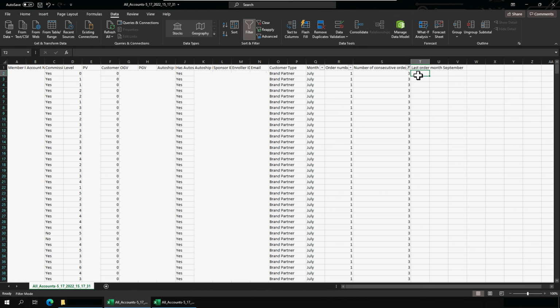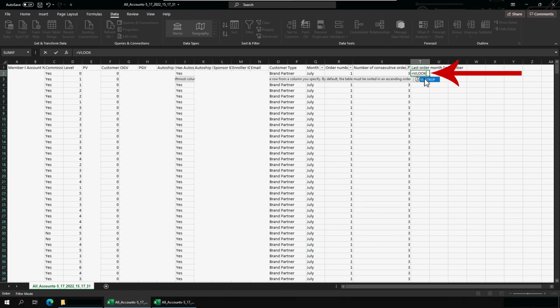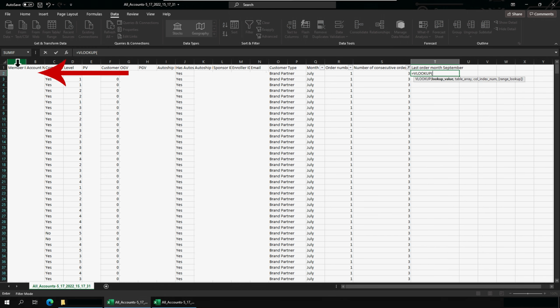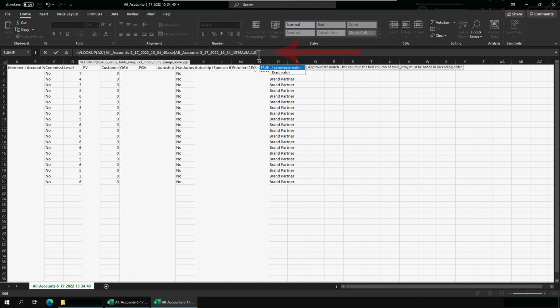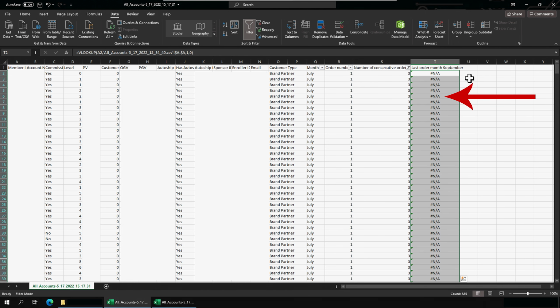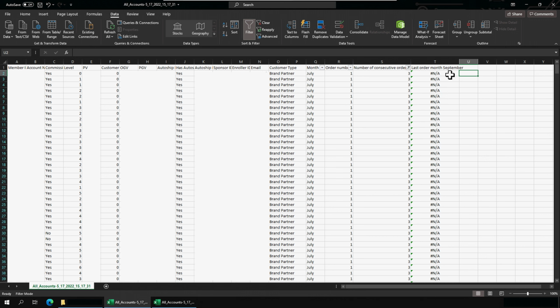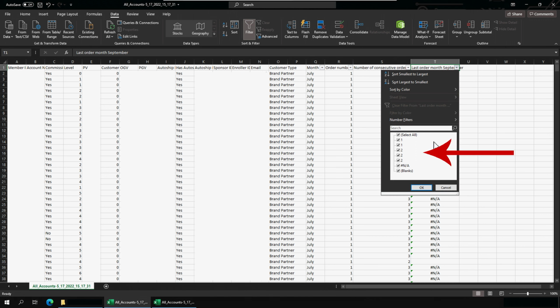You can do this as follows. In the column Last Order Month September, in the first cell you add equals VLOOKUP. Click on the member ID in the first cell of the member ID column, then highlight the entire member ID column on the report you downloaded for those whose last order was in September 2021, then click 1 and 0. Where you get NA, these will not be the ones you are looking for, whereas on the other hand member IDs match are the ones you need.